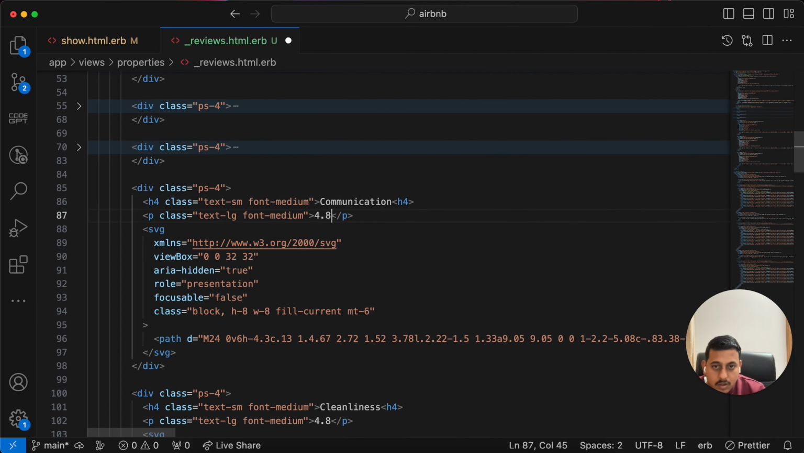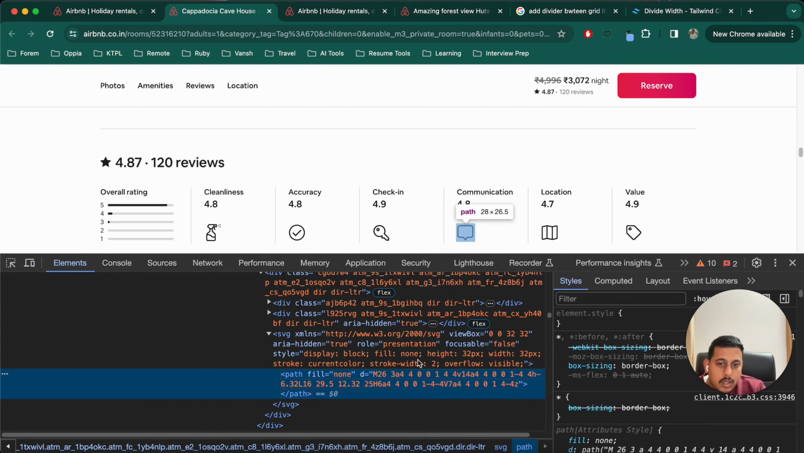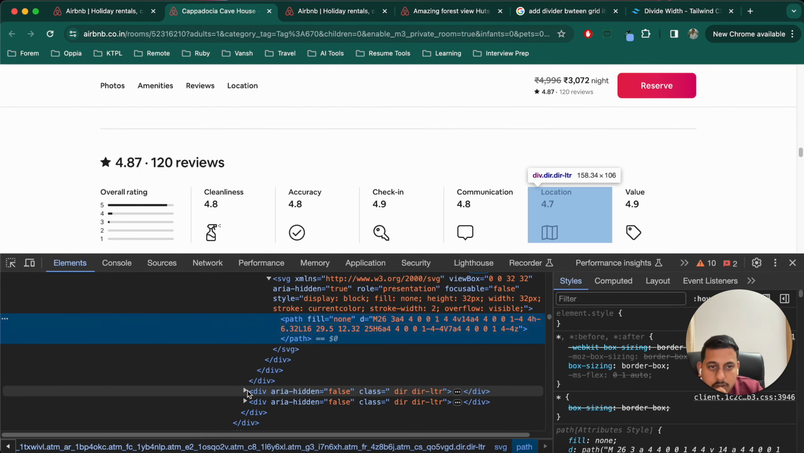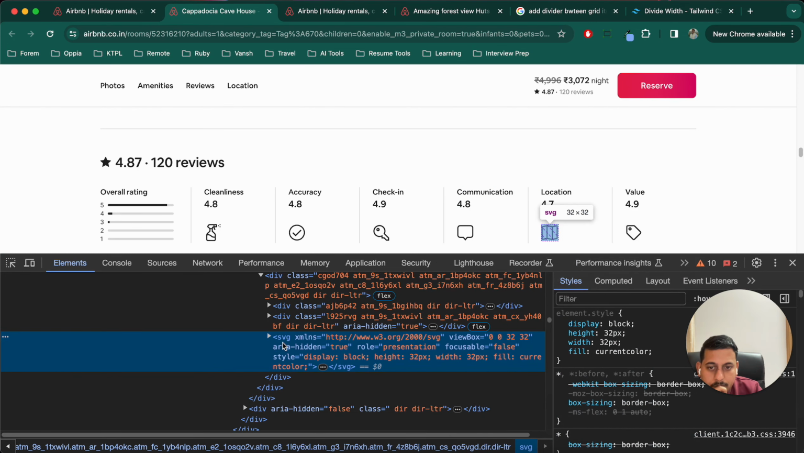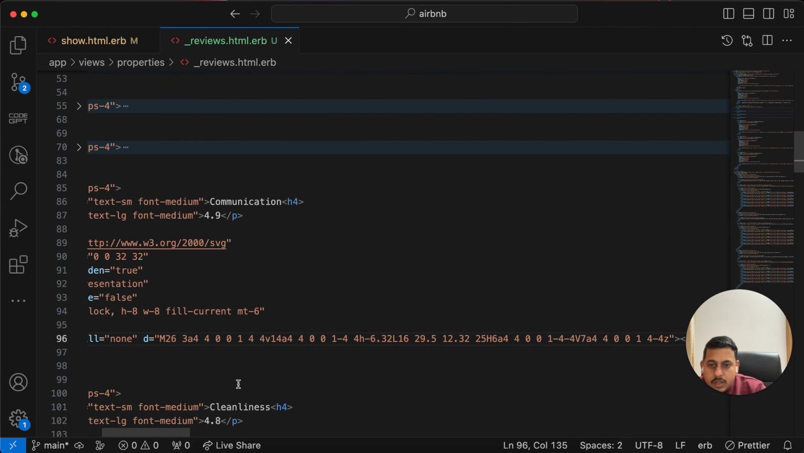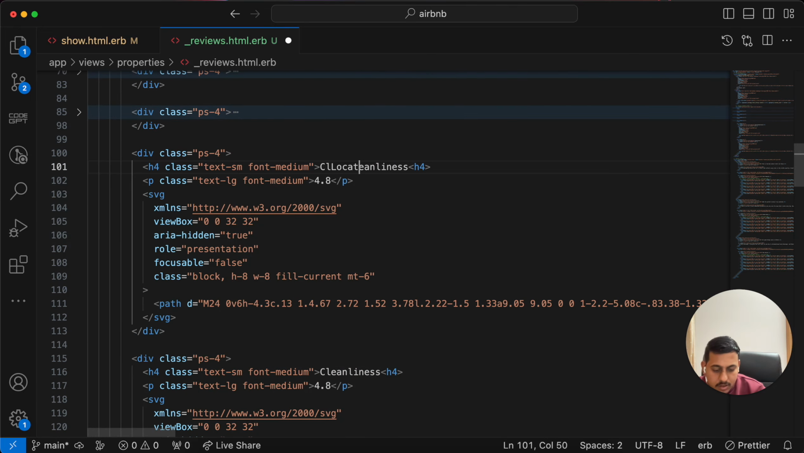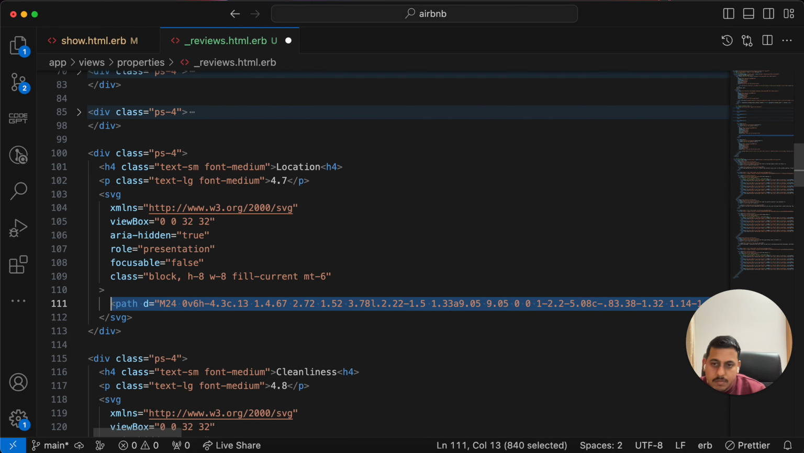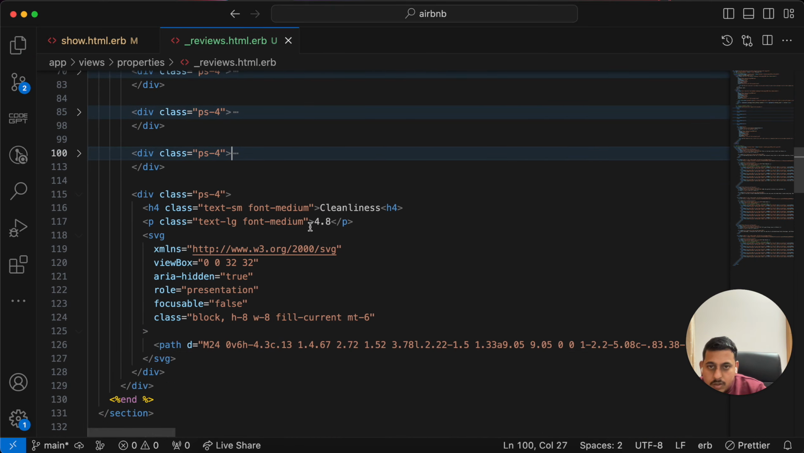Communication 4.9, paste, and location, inspect, SVG, go to path, copy the path element, and for location I'll minimize this communication, change cleanliness to location, change rating just for visibility and just for testing purposes, change the path, minimize this location also, and finally what